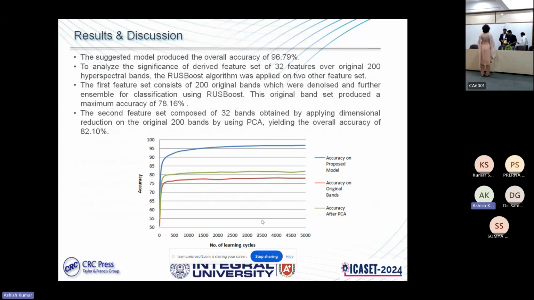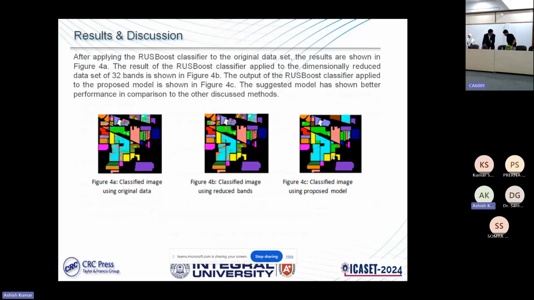As you can see in the figure, the red line is the accuracy on original bands, the green line is the accuracy after applying the first 32 components of PCA, and the blue line shows the proposed model accuracy. Now, after applying the RustBoost classifier to the original data set, the results are shown in